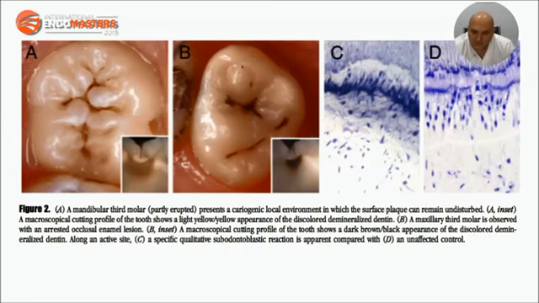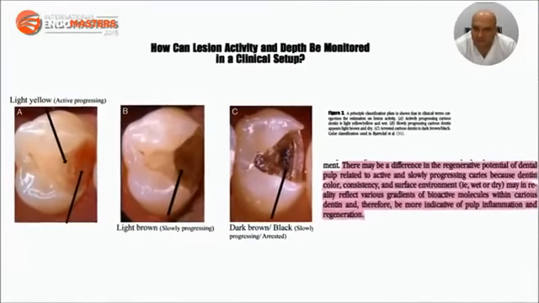On the other hand, an arrested occlusion enamel lesion would demonstrate a clinical profile with a dark appearance with minimal, if any, subodontoblastic reaction near the arrested carious lesions. According to this article, there may be a difference in the regenerative potential of dental pulp relative to active and slowly progressing caries. The darker and more dry the carious lesion, the more active the regenerative potential of the underlying